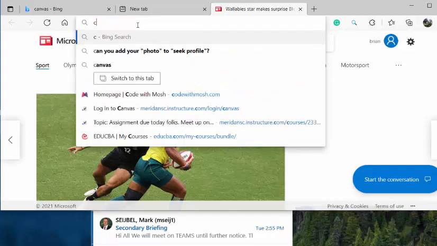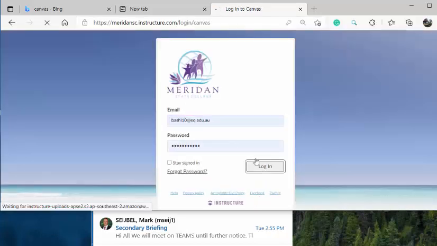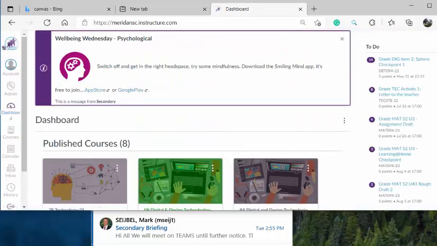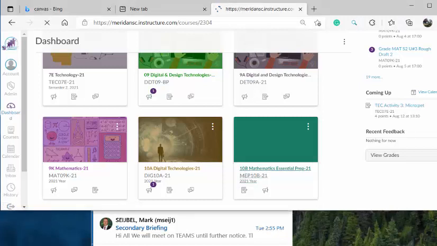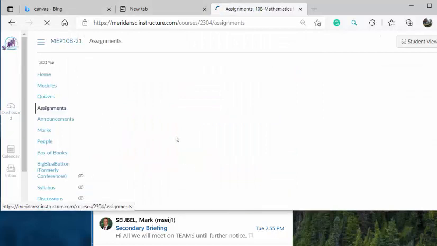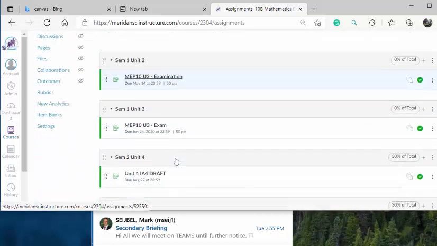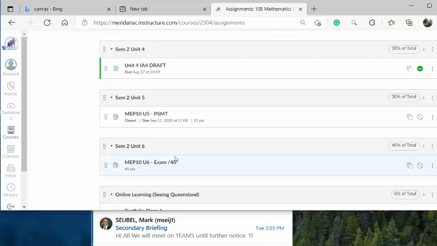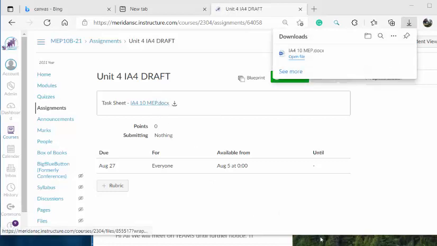First of all, if you go to Canvas, you'll see the tools there. So download that, the task sheet,